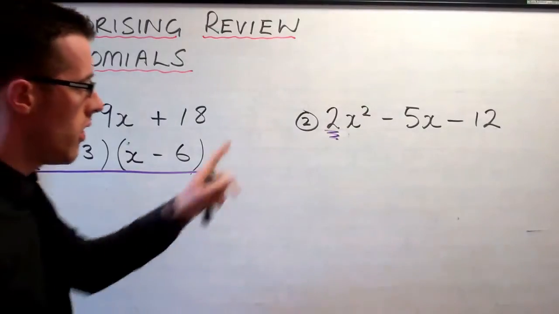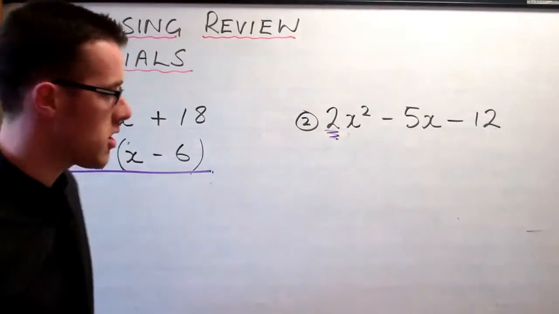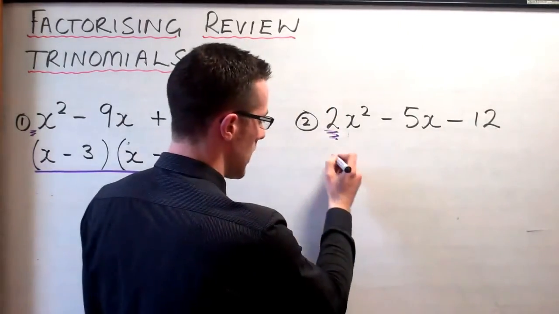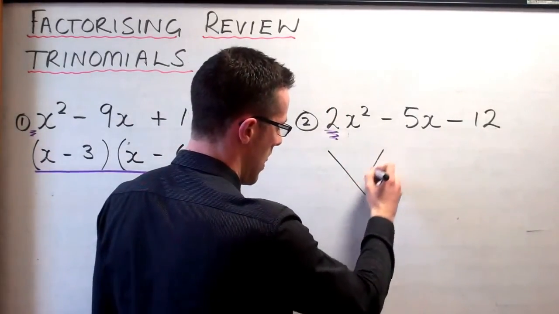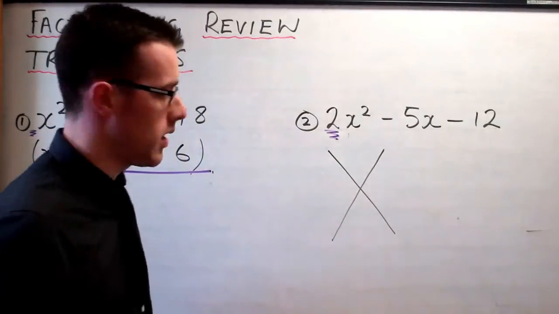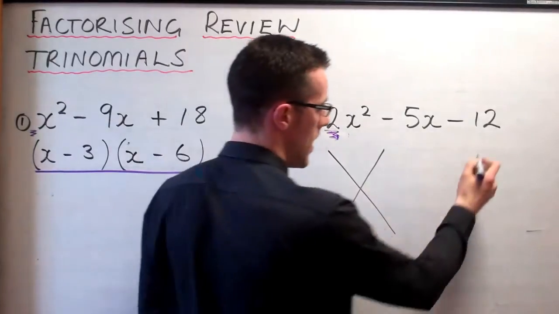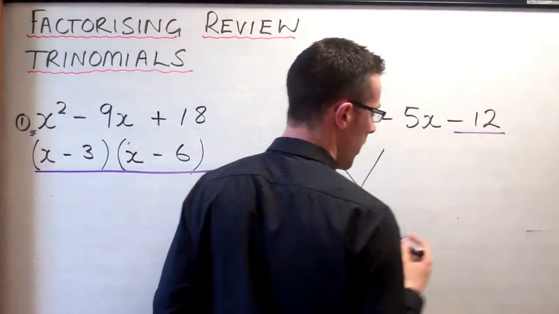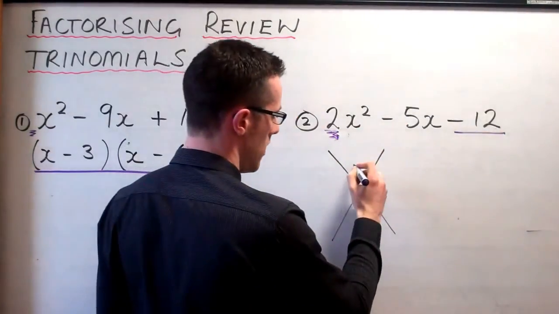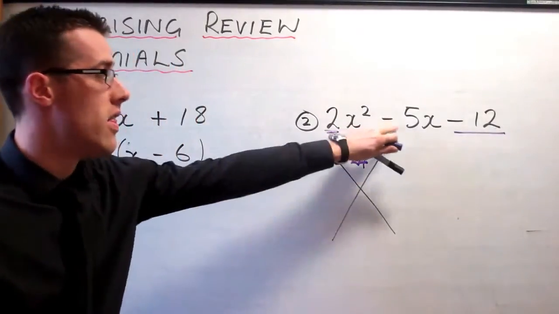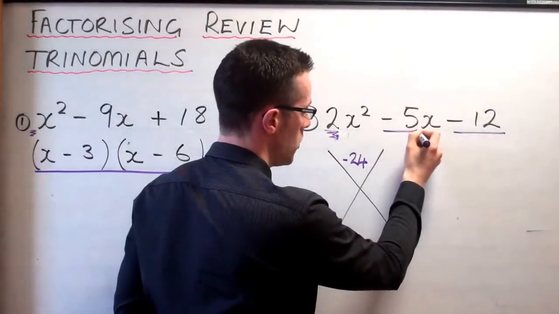Okay. This one's a little bit different. We're going to use the magic X method for this one. Now remember, magic X, I'm going to do it underneath, like this. Magic X works like this. Okay, so we take the lead coefficient and the end number, and we multiply them together, and that gives us the number at the top. Then the middle number here